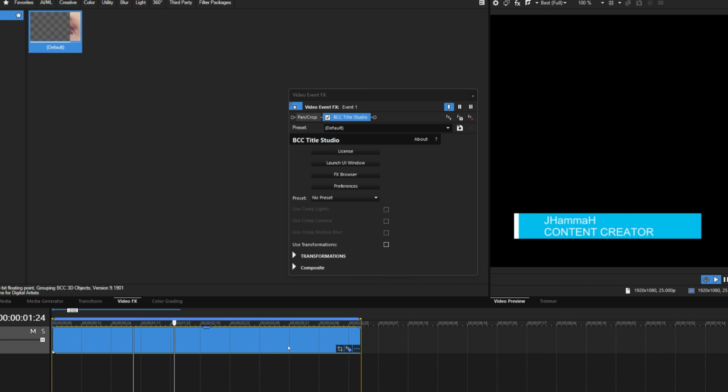It's flexible duration. In most software, if you make a 5-second title turn into, say, a 10-second title, the animation slows down and looks sluggish. Not here. Title Studio uses intro and outro fixed runs, which means that the fly-in animation at the beginning and fly out at the end will look the same speed no matter how long the event is in your Vegas